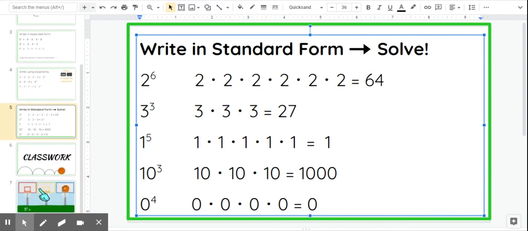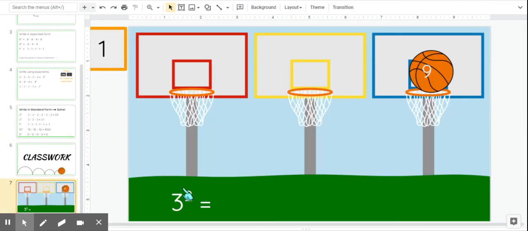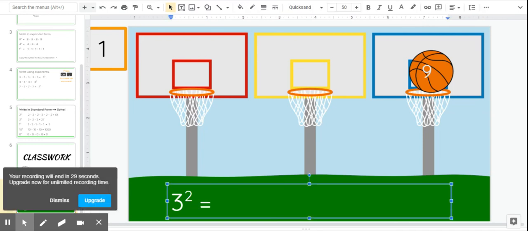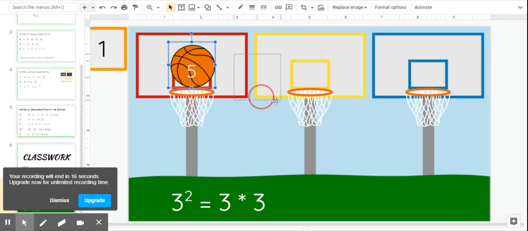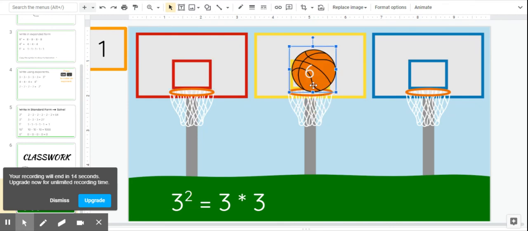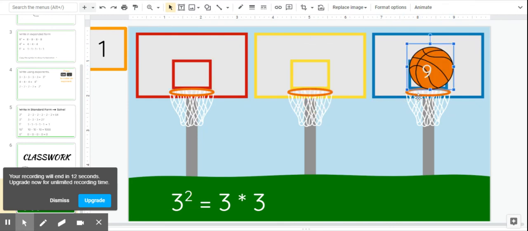For the assignment, you are going to solve. If you want, you can click into this text box here and do 3 times 3. You can use a star for multiply. Then you're going to click and drag the basketball. Oops, that should have been over here to start with. And you're going to drag it to each hoop, trying to find the answer. Leave it above the basket that has the correct answer,